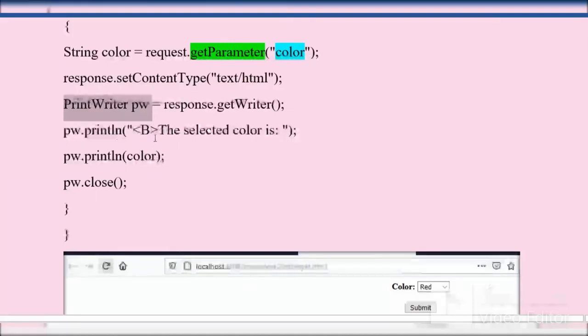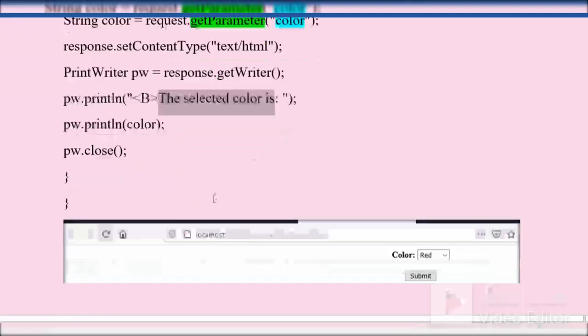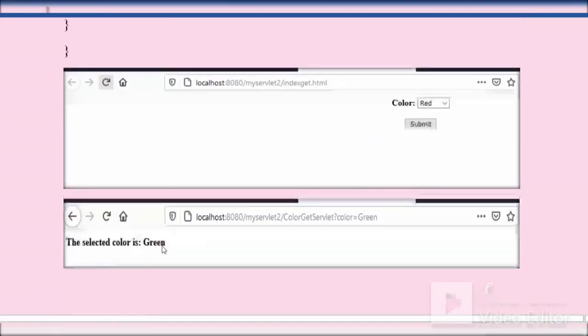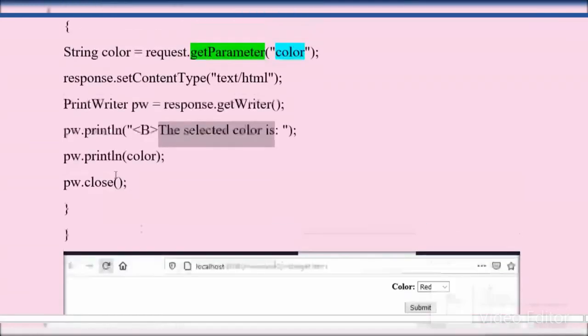Which output are we printing? The selected color is. This line we are printing. In the second output you can see the selected color is. So for printing this we require the PrintWriter object, that is pw, and after that pw.println color. Now what is stored in the color variable?